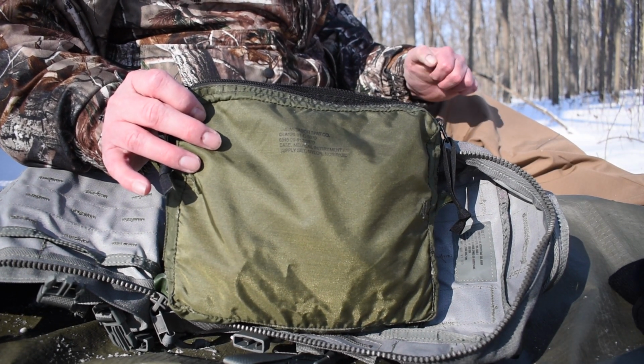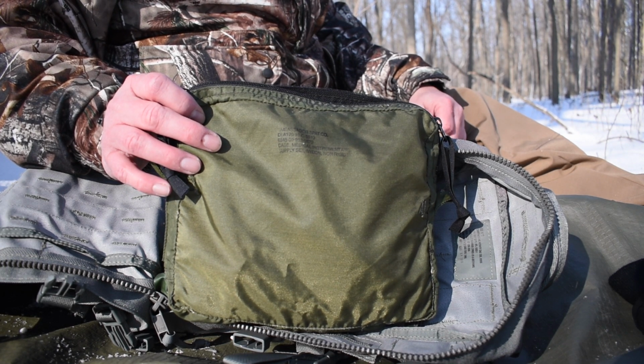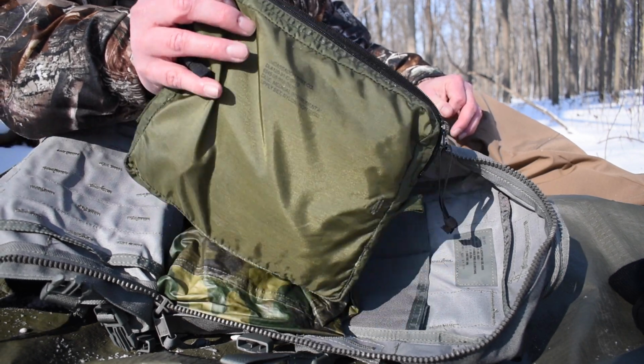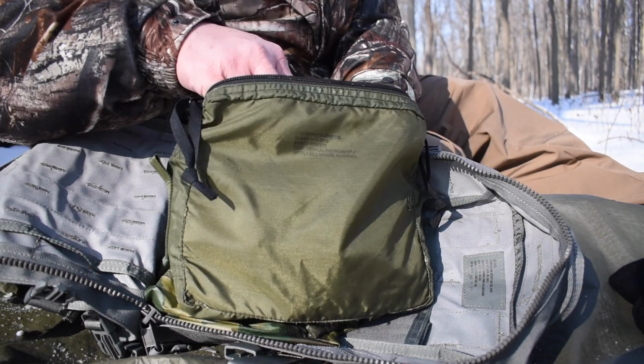What I did is I took a U.S. military first aid kit, the trifold kind, the Corpsman's bag, and I cut all the pouches off of it, so the pouches now are individual. So this is the main pouch. It makes a great ditty bag. So in here I've got